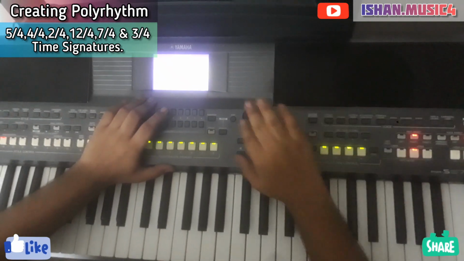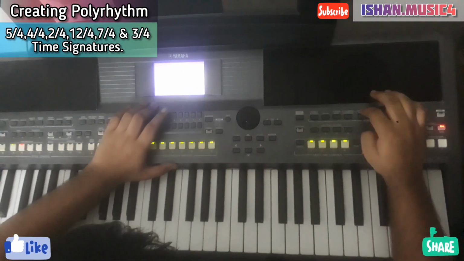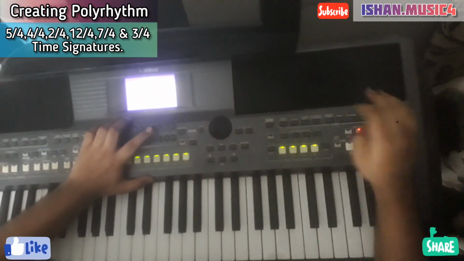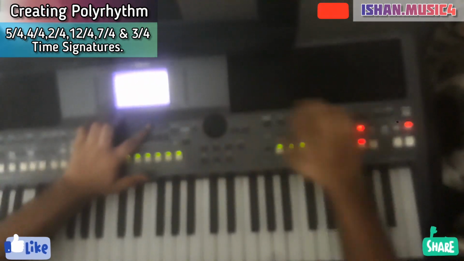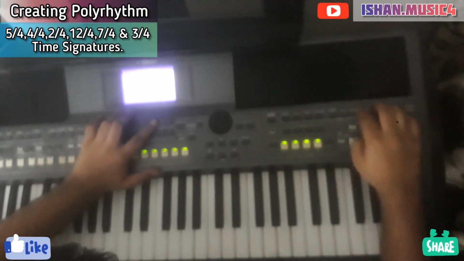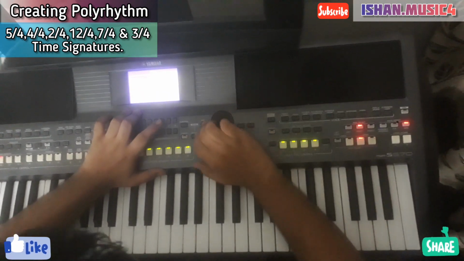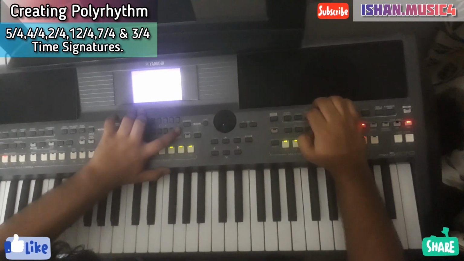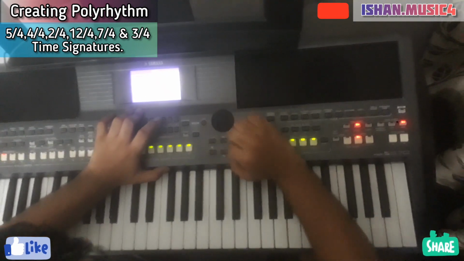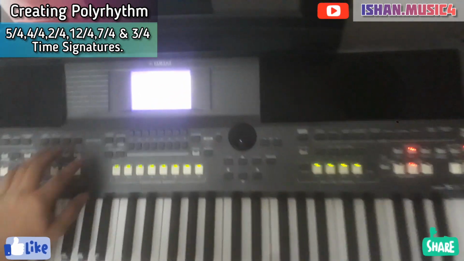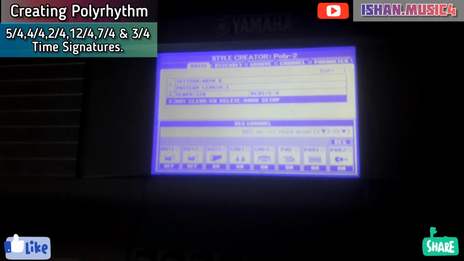I will separate the instruments so that we can hear them more separately, different sounds. I have assigned them different sounds, and let us hear how it sounds.